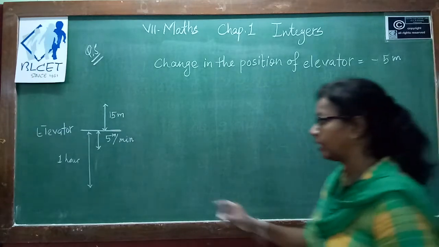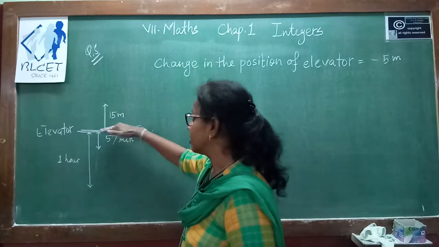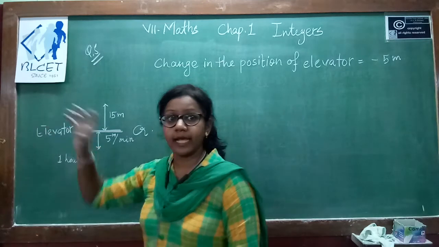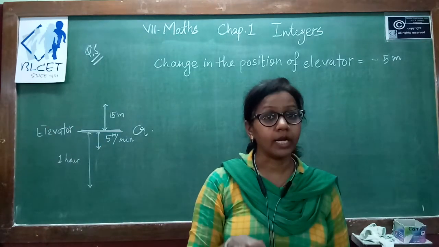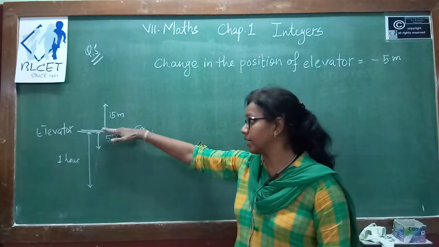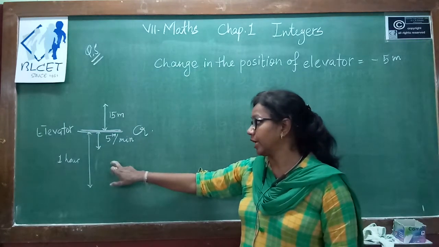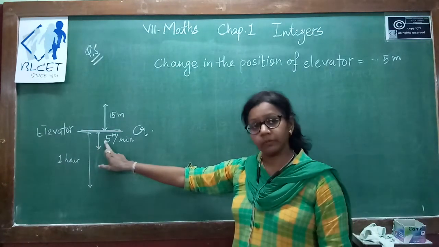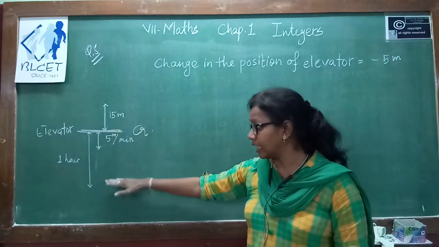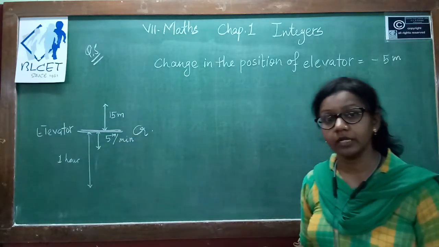So this is the ground level. If you consider this is your ground level, this is above ground and this is below ground, and the elevator is over here. It will move in decreasing order, and decreasing order means it will move underground, so it will move from here to a downward position. Now, within 1 minute it can cover 5 meter distance. Since it is going in the down direction, it is represented as -5 meter.